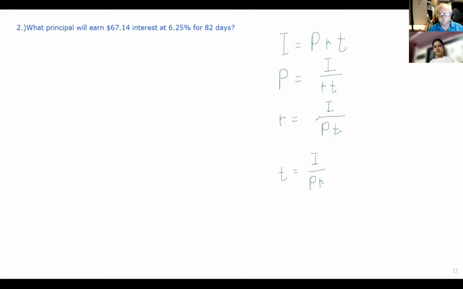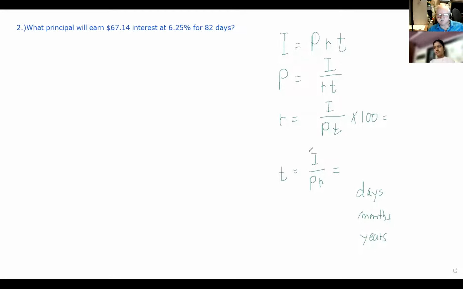But if we do that, when we get this answer, it's going to give us a decimal value. We're always going to have to go times 100 to turn it into a percentage, because they're going to want the rate in terms of a percentage. The time is a bit trickier because we're going to get some kind of a decimal value here. And depending on whether we're dealing with days, months, or years,